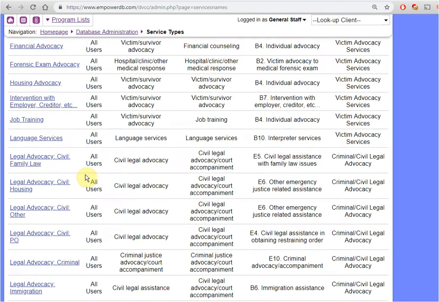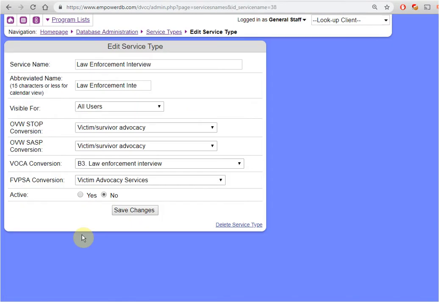So maybe you want to do that as a change that you would do. You could potentially change the name slightly and say, we do this, but we call it police interview. Whatever you want to call this, you can call it that. I wouldn't go through here and say, we don't do law enforcement interview, but we do actually do consulting about medical needs,